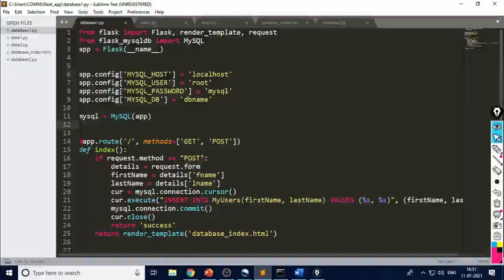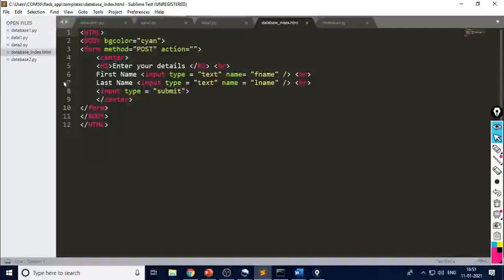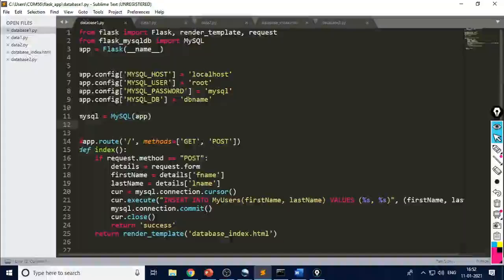Here we are rendering the template database_index. So what are the contents of this one? Database_index. Here is the script, background color, and we used here first name type text, last name type text. fname is the name for first name, lname is the name for last name, and this fname and lname we used here.